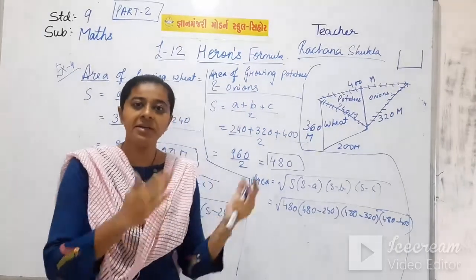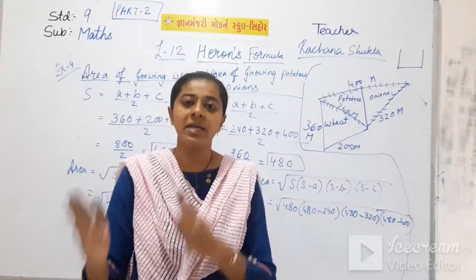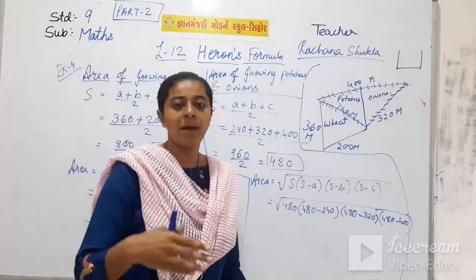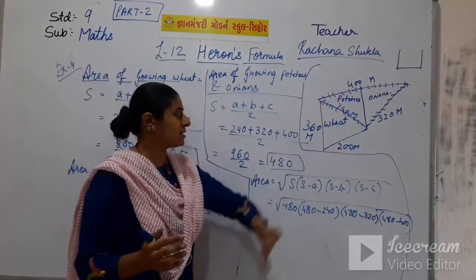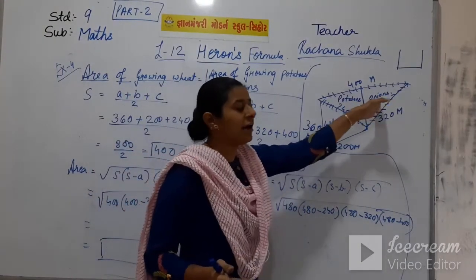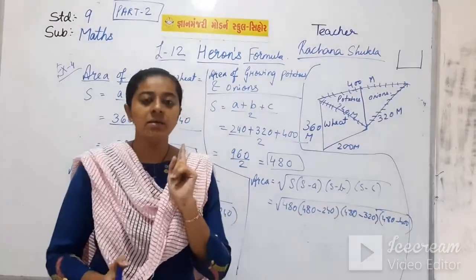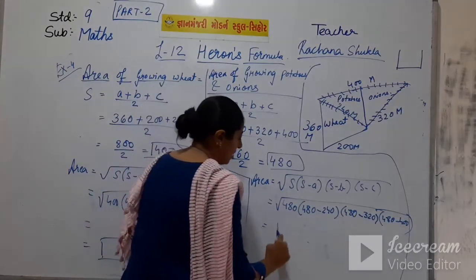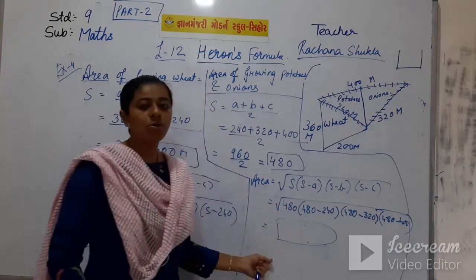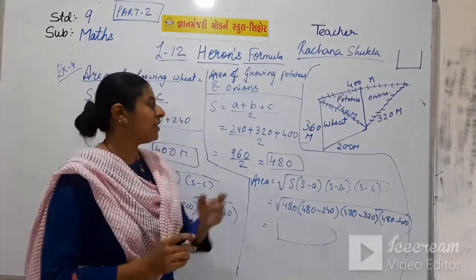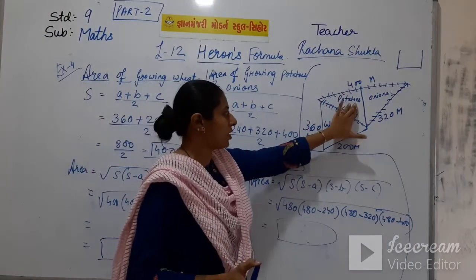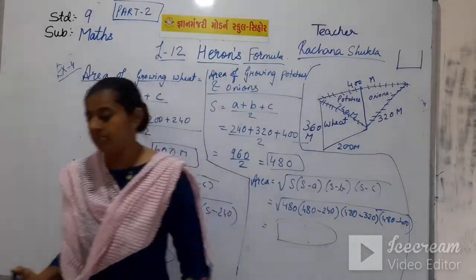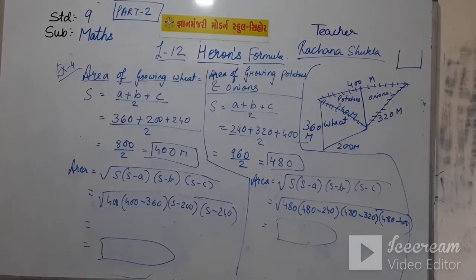You will get the area of growing potatoes and onions, that is both this area. But you have to find it differently, the area of potato and the area of onion. So when you get this answer, after that you divide it by 2, you will get the final answer, that is half is potatoes and half is onions. Finally, students, remember to divide it by 2. After you get the area, then you have to divide it by 2. So you will get the answer of growing potatoes and answer of growing onions. Okay, first note down this sum.